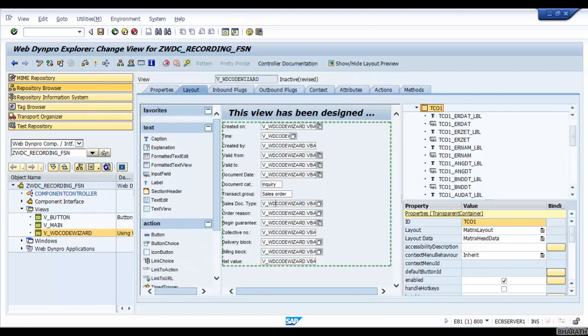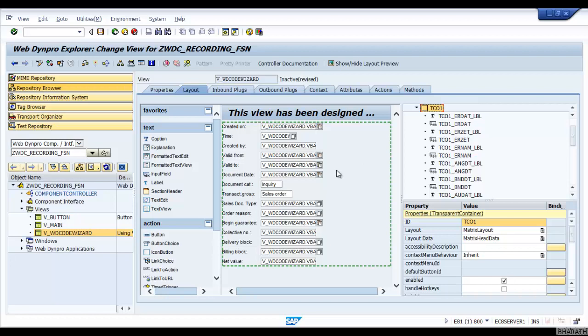See, the screen has been designed. You have more than 10 input fields designed with one single click. See, there is no VBLN, and the label has come by default. I told you in the last session, the label will come from the field label of the data element. Since VBAK is a standard database table, all the fields that we had created in the context node are standard table fields.